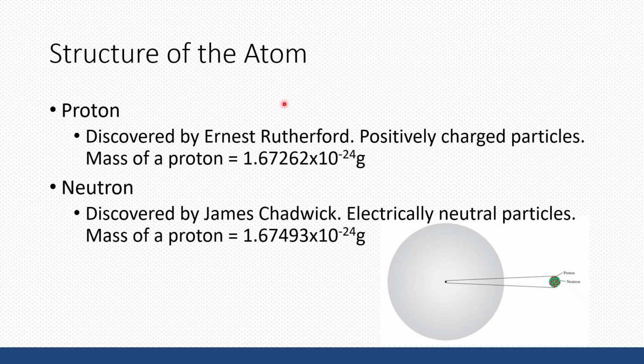Next, if we have a negatively charged electron, the positively charged particles are called protons. This proton has a mass of 1.67 times 10 to the negative 24 grams, so a bit heavier than the electrons. Along with the proton is the neutron, which is neutral in charge, discovered by James Chadwick, which has almost the same mass as the proton. Now, protons and neutrons reside at the center, the nucleus, which electrons revolve around.